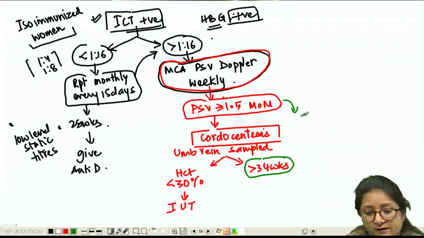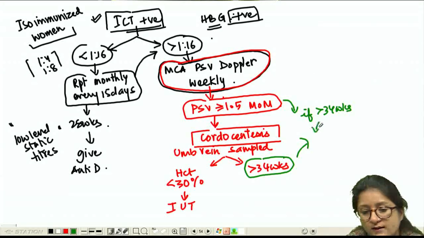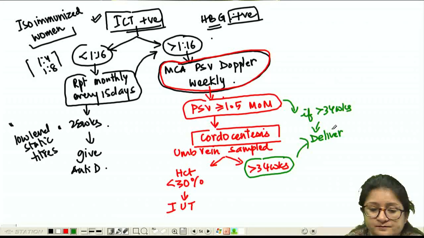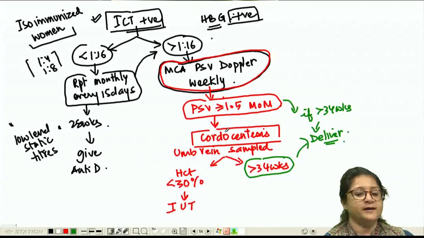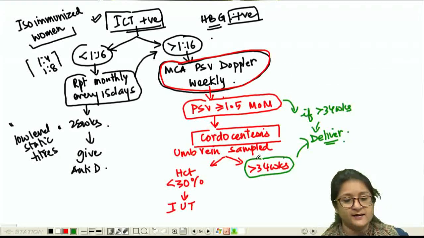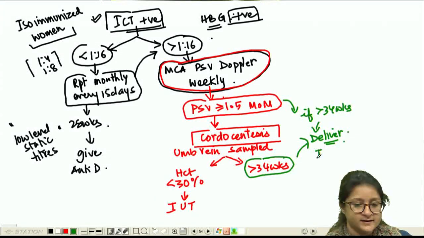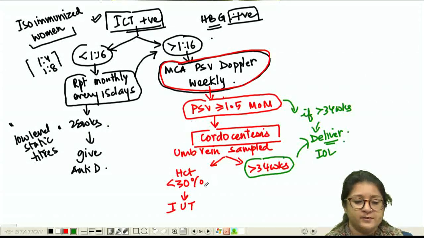with PSV also, if the pregnancy is more than 34 weeks, it is better to deliver the baby. So all this monitoring is done to reach at the max 34 weeks, and delivery is done by induction of labor, not by a direct cesarean or anything. So this is what is important to remember, that